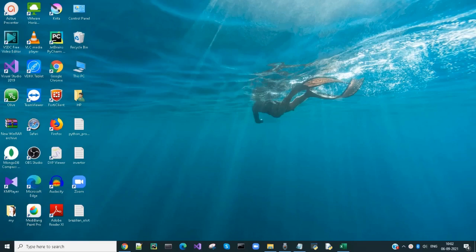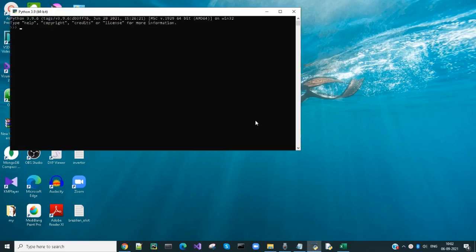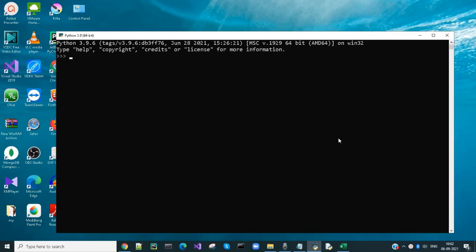Let's write this command in the shell. Let me create a variable of type integer. To know the type of the variable, we can use the command type of x. Now you can see that x is a variable of type integer.